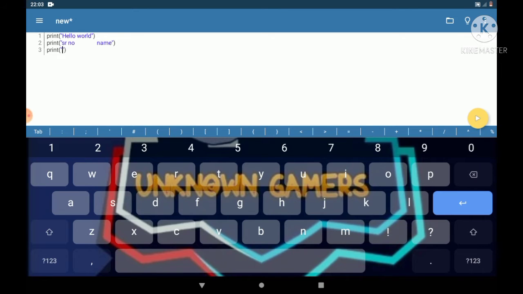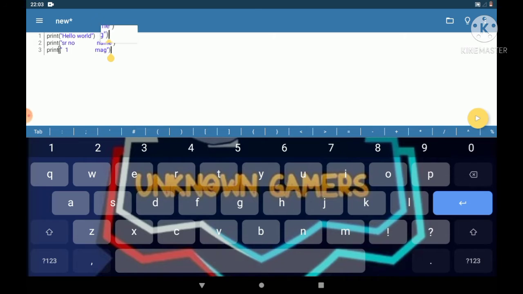Inside the quotes, the serial number is 1 and the name is MAG. Let me give some space. Let's see now. Yes, we have got MAG.